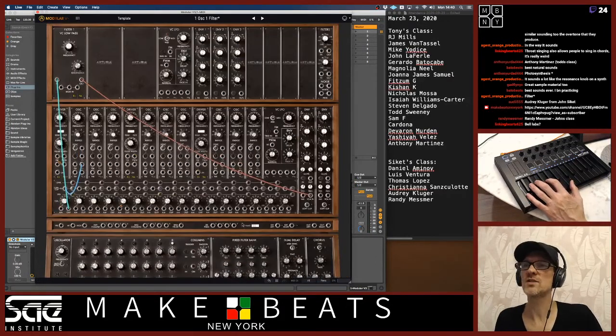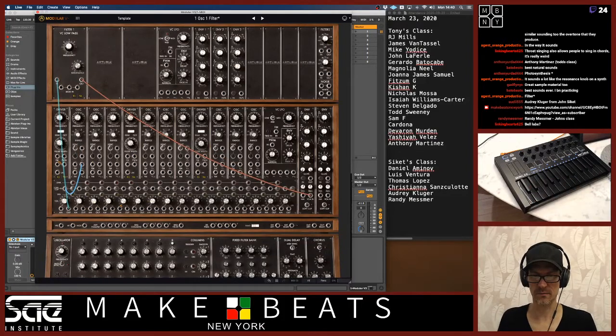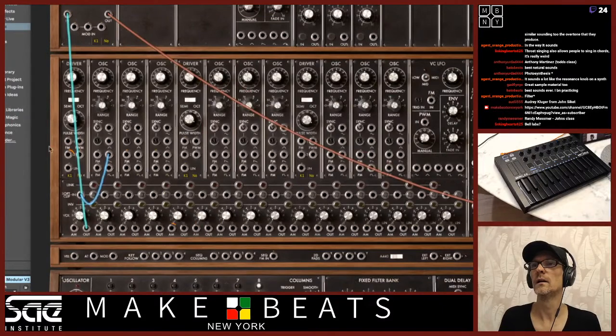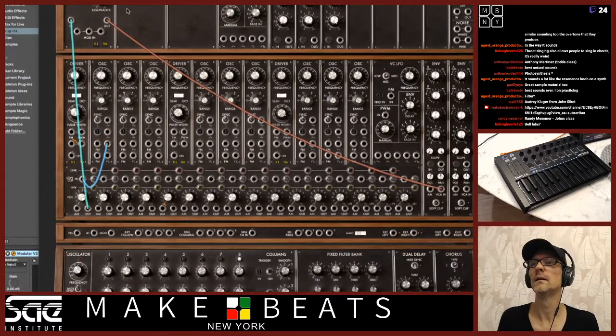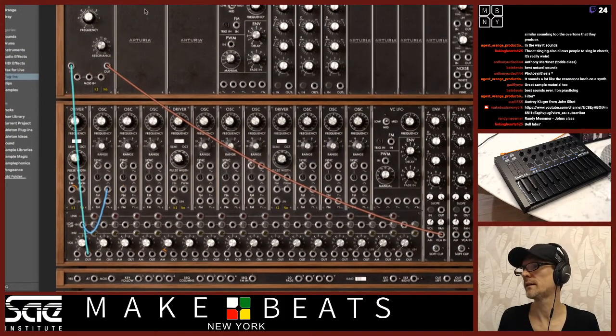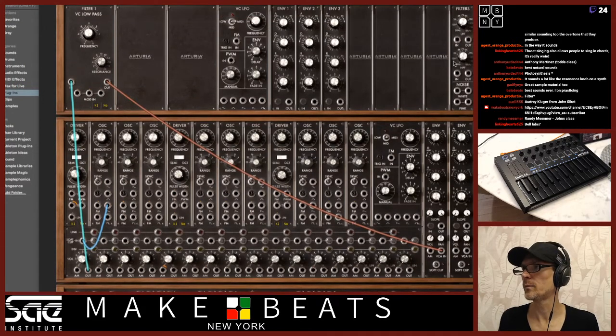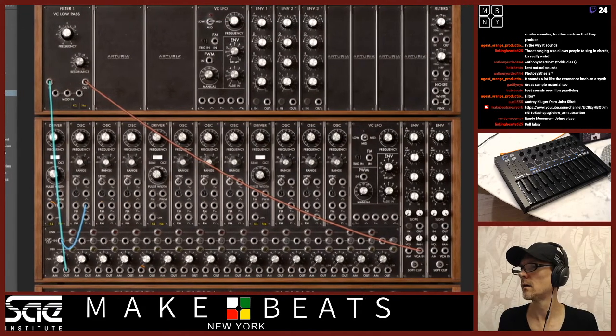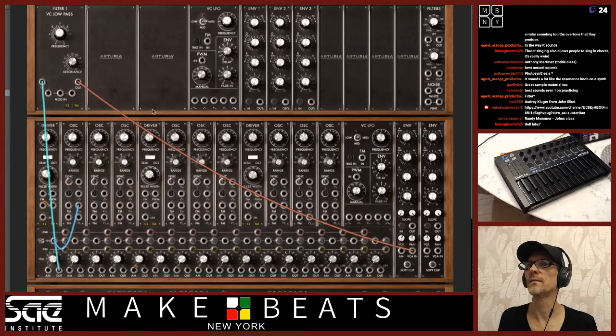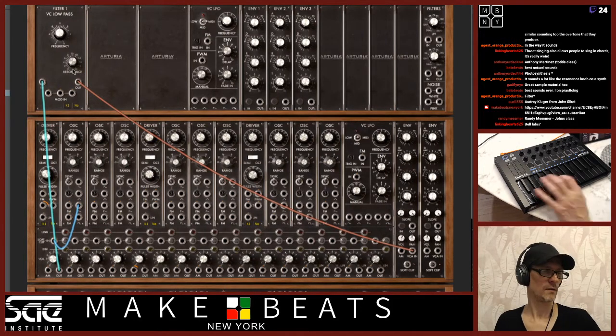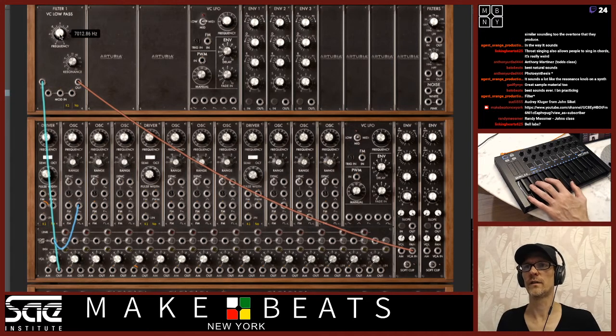So with this, it's just like we talked about before, just a little more confusing to look at because there's a lot of stuff going on here. But I'm going to put this up here so we can see everything on the screen. I hope that's big enough for you to see. It should be, especially on a normal computer screen. Over here, it goes into our low-pass filter. So if I mess with this,